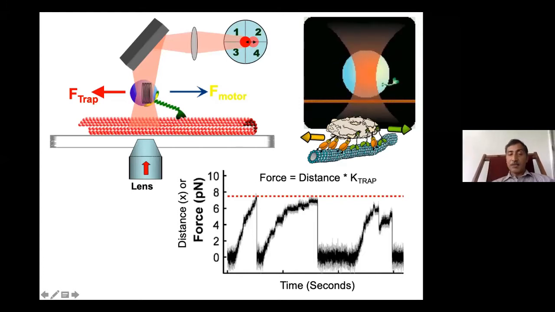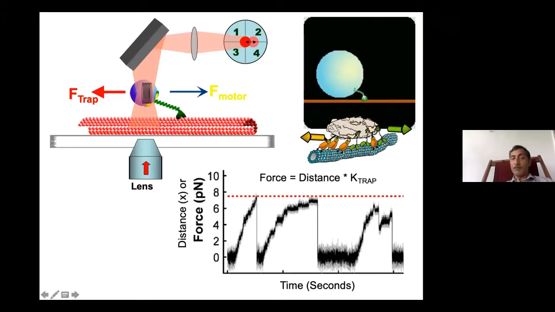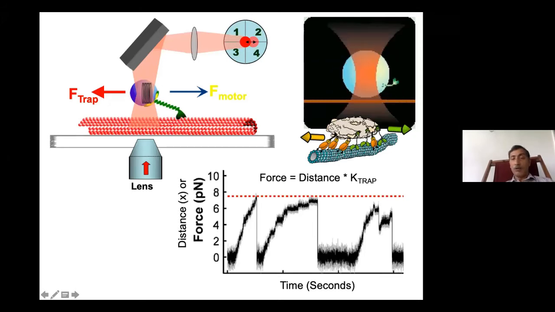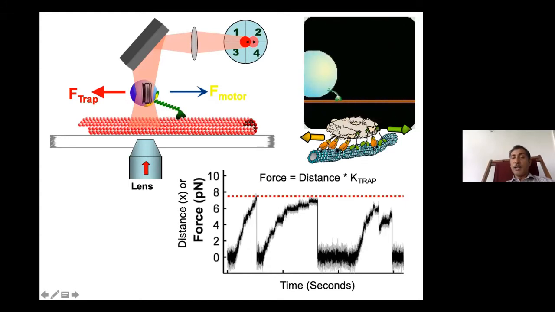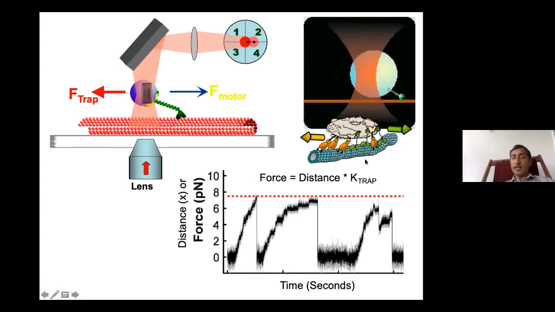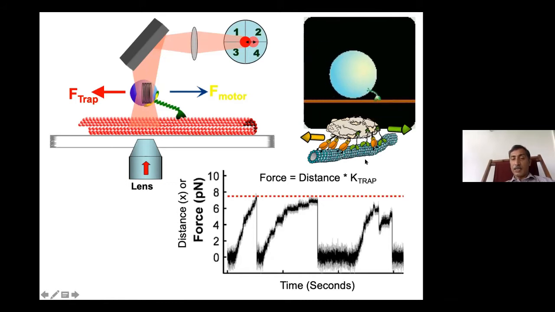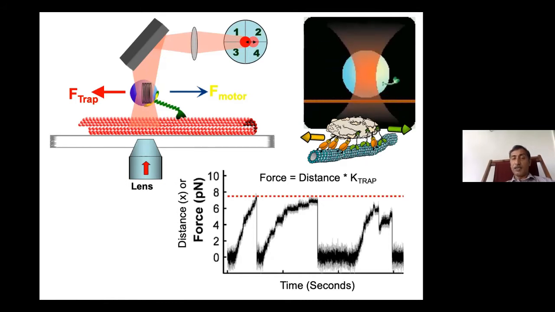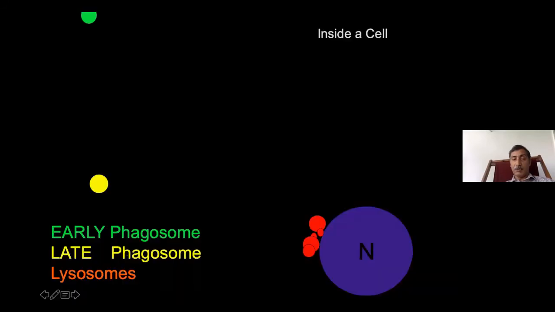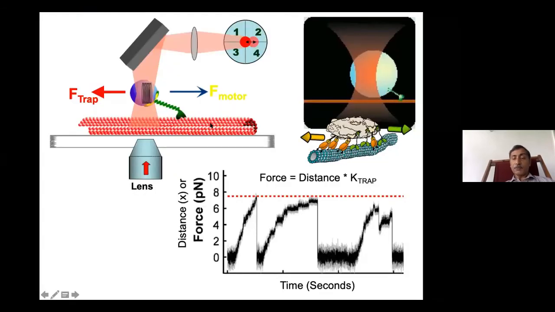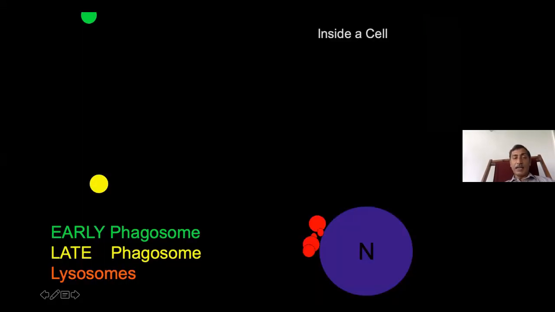Now, to me, this is really exciting, particularly if you have such a cargo in which you have these antagonistic motors, usually in unknown numbers, pulling and pushing against each other. So what you can do is measure the kinetics of this process in real time with very high resolution, and this is not usually possible in most systems. So if you get inside a cell now,